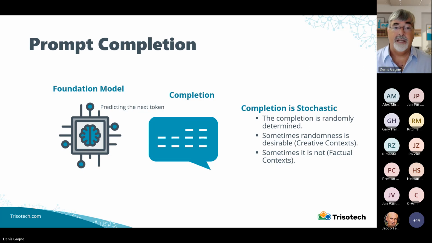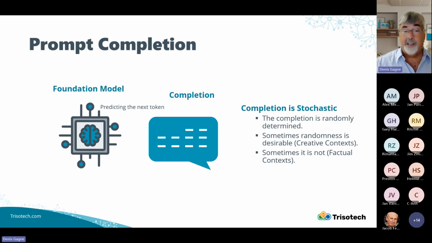Now, it is a predictive model, so the behavior itself is stochastic, while the actual action is predictive. So sometimes that randomness is very interesting when we want to do things in a creative environment.